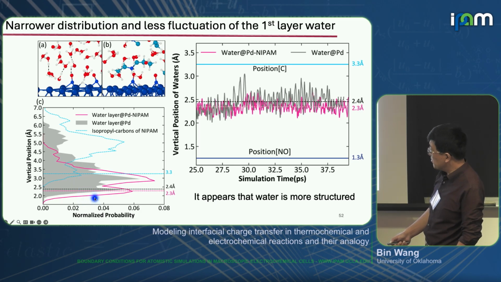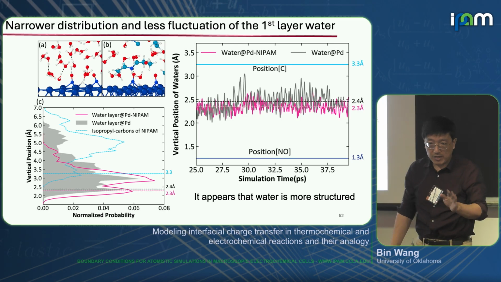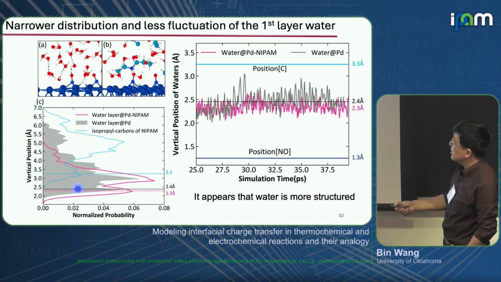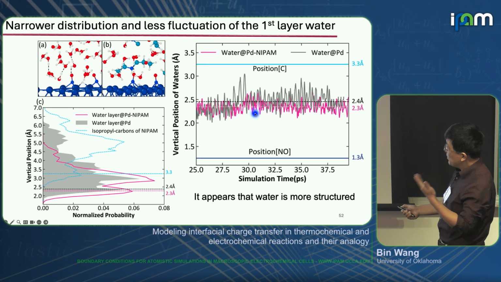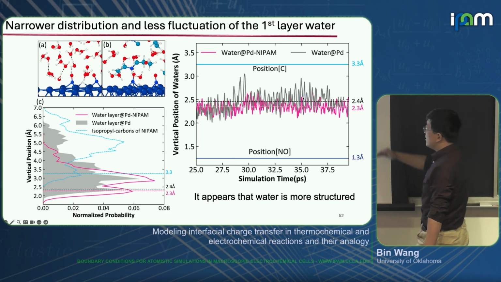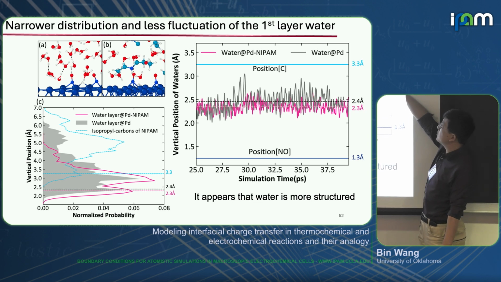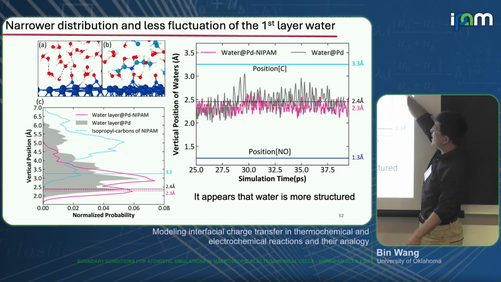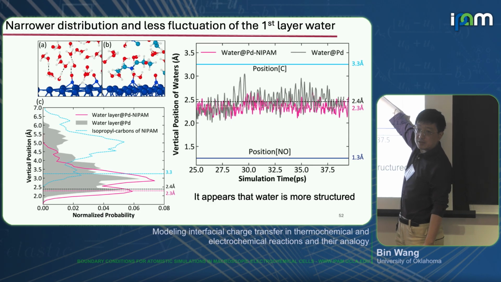We see there's a small downshift by probably about 0.1 angstrom, because when you have the polymer there, the polymer somehow pressed water to the surface. It's very small, just by 0.1 angstrom. You can again look at some water in the interface. You look at oxygen vertical displacement as a function of time. The purple one is the one with the monomer, and the green one is no monomer, just water. You see again the overall average is about 0.1 angstrom closer to the surface. And also, if you look at the vibrational amplitude, when there's a monomer nearby, the whole dynamics of the water is also largely suppressed.